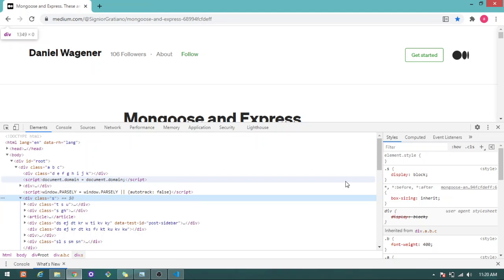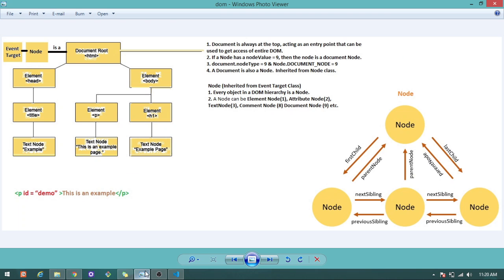That's why this special object called document is also called an entry point. This entry point is like the key to unlock all the doors. If someone wants to access a node, they have to go through this entry point to reach all the nodes.